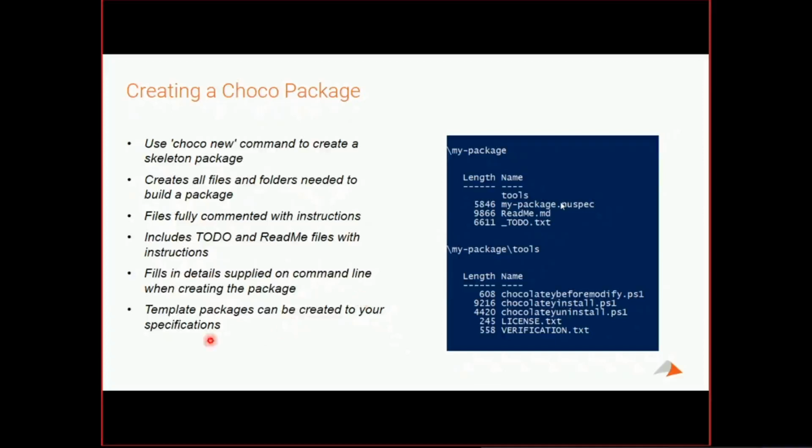The good thing is as well, so that I talked about when you run the Choco new command, it creates the whole skeleton of the package. You can edit the skeleton as much as you want, and then actually package that up into a template package that you can use. So when you create a new package, if you want a specific template that you've customized, you can create that, and you can create named templates. So if I've got ones for packaging up TestStand deployments or something, I create a template file for doing that. And whenever I create a new package for that, it uses that template, and I've got less to actually customize in